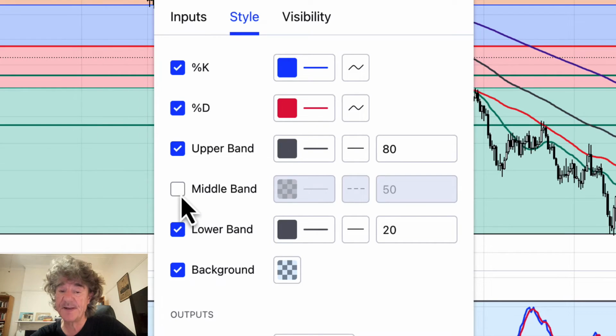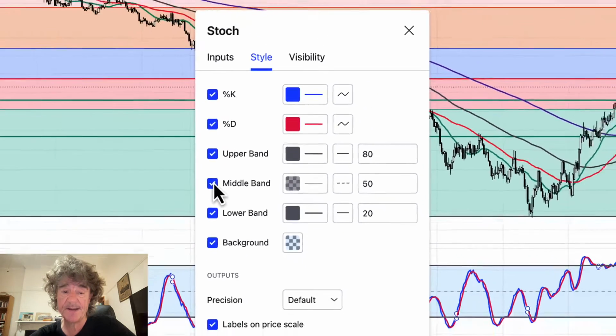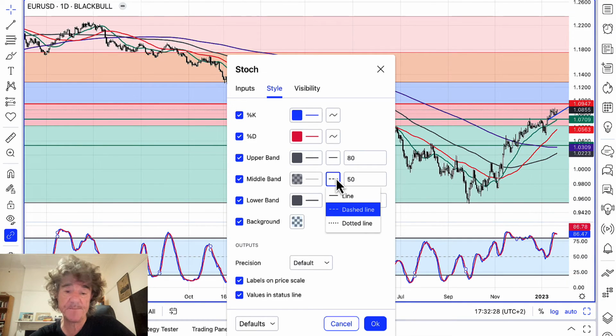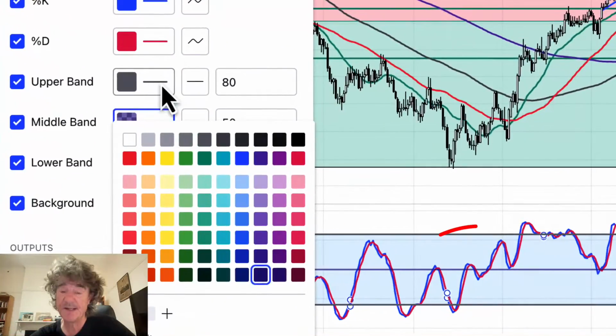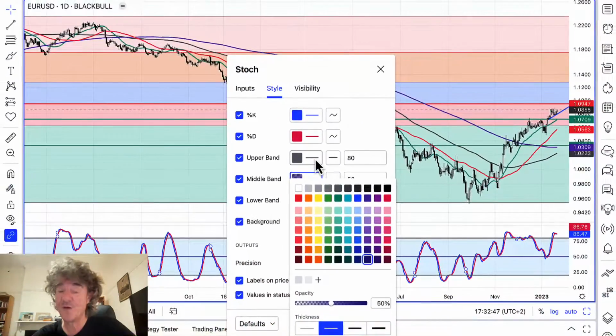And then you'll see one thing that I've left out is the middle band, which if I click there, you'll see a middle band appear. We can make that a bit thicker just to show you. This can be used in certain respects for certain setups to indicate trend changes or trend direction changes, but I don't use it. I don't use the stochastic for that. I use it purely for overbought and oversold and divergence. Those three things really, or two things, overbought and oversold, or divergence. We'll have a look at both of those. I don't use the center line. It's up to you. There are different ways to use it, but I don't actually use it, so I'm going